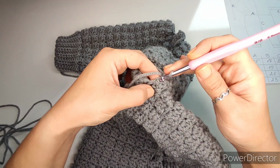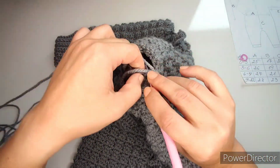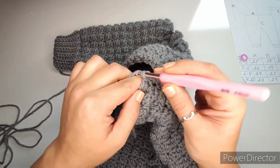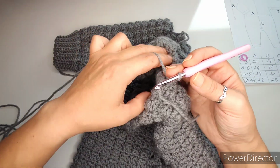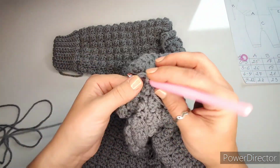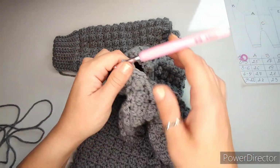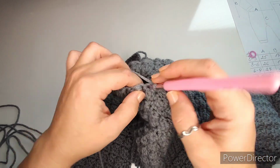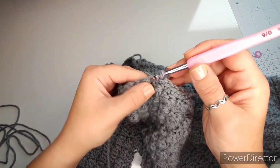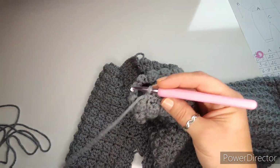So chain 1, single crochet back into that same stitch, that is 1, then 2, then 3, and after that we have our stitches. So 3, 4, 5, 6, 7, 8, 9, 10, 11, 12, 13,